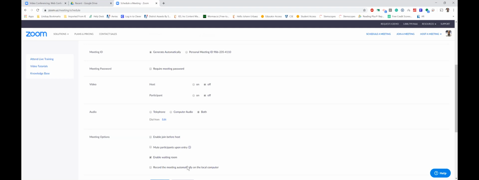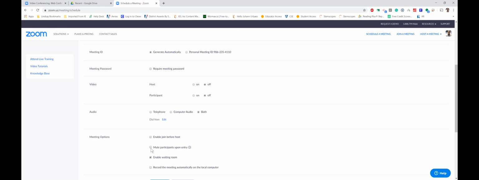And also if you want to record the whole session, you can check right here and it's going to record on your computer. So this is also helpful because if you do an hour meeting or hour session and you want to go back to different points through the hour, something that you forget or something that a learner said or something that you want to go back to, this is very helpful for you to go back on your own time and be able to find that. So you can check that as well to make sure that you're able to record the whole session.